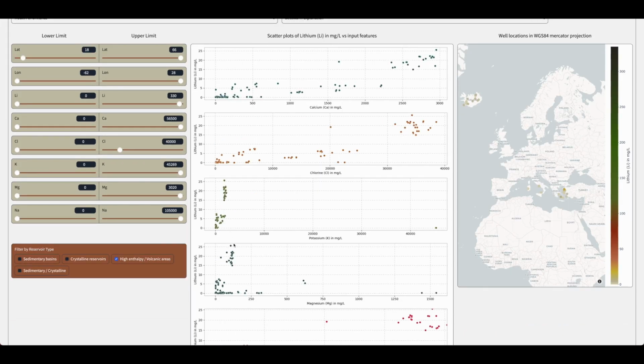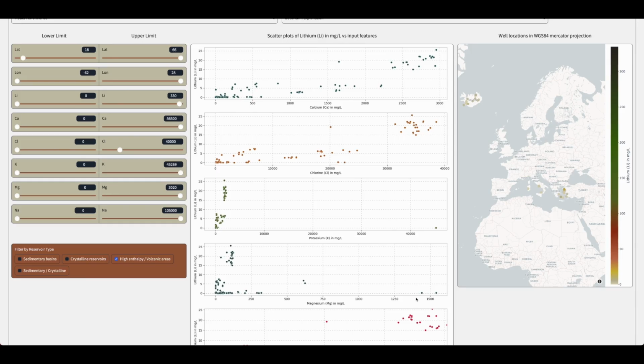Magnesium and potassium also display similar patterns, although different from the other 3 elements. The vast majority of the values are concentrated in the lower band of the x-axis, clearly forming 2 clusters. However, there are a few samples with lithium concentration close to 0 that have potassium levels exceeding 40,000 mg per litre and magnesium levels over 1,250.